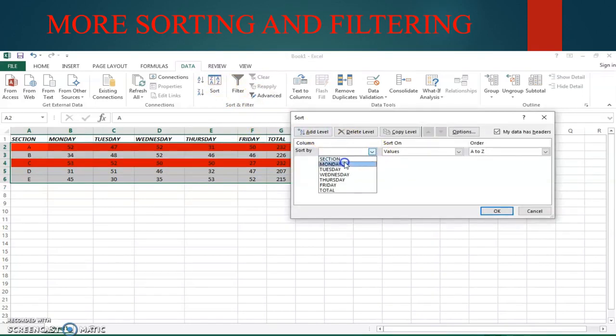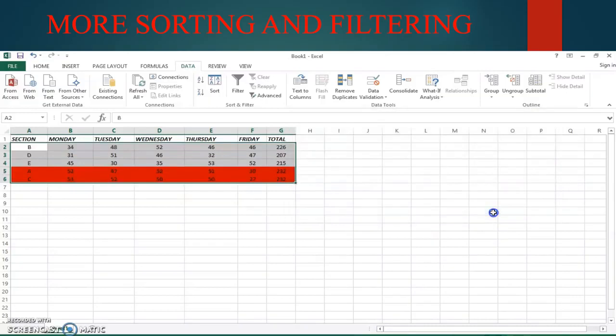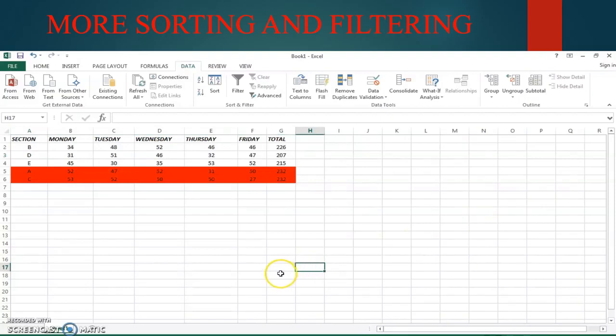Here select any color, and under the sort by column, select any one, Monday or Tuesday or something. Here select cell color. There select no cell color on the top. After selecting it, click the OK button. Now we can see the red color rows coming under that. Okay, properly sorting. Sorting means arranging. I said sorting, it arranges it.